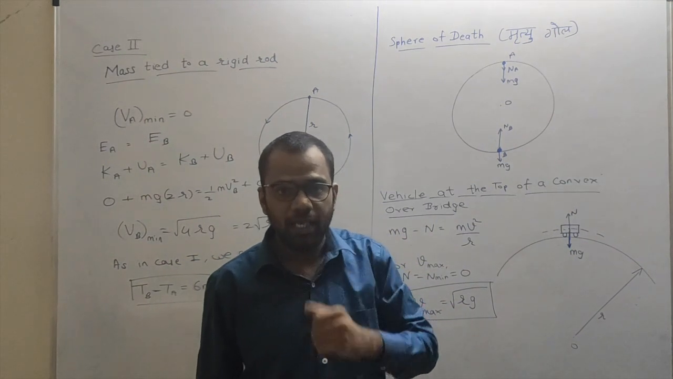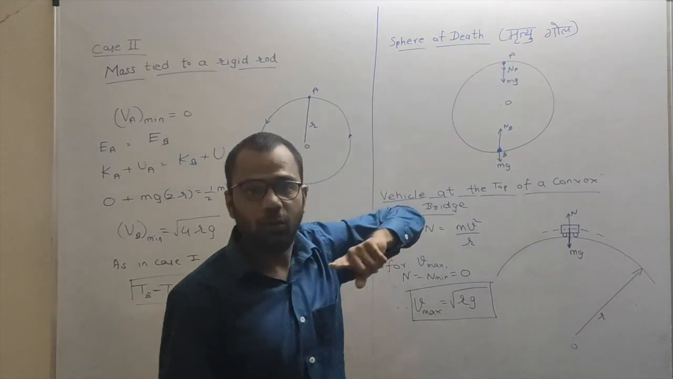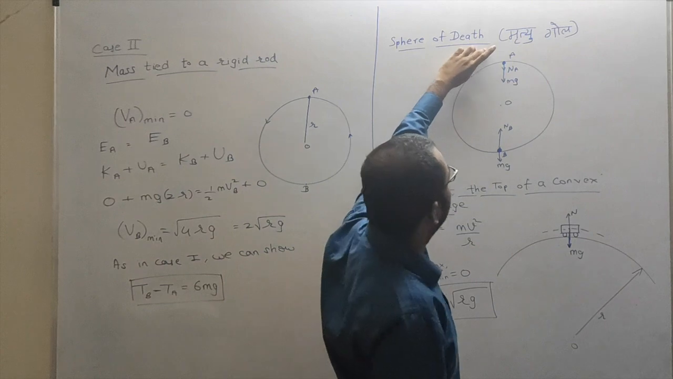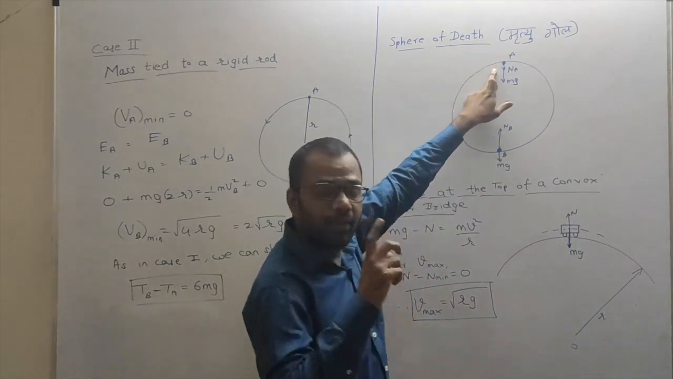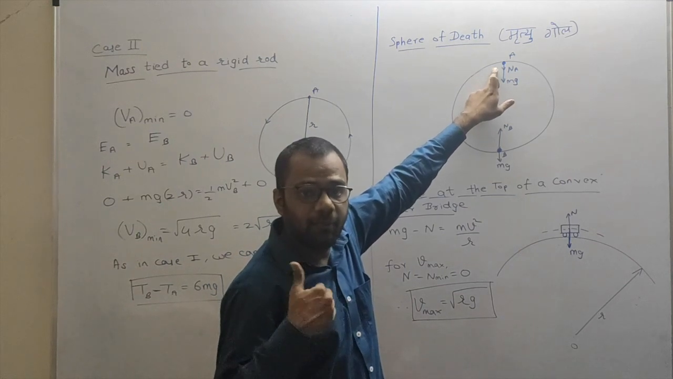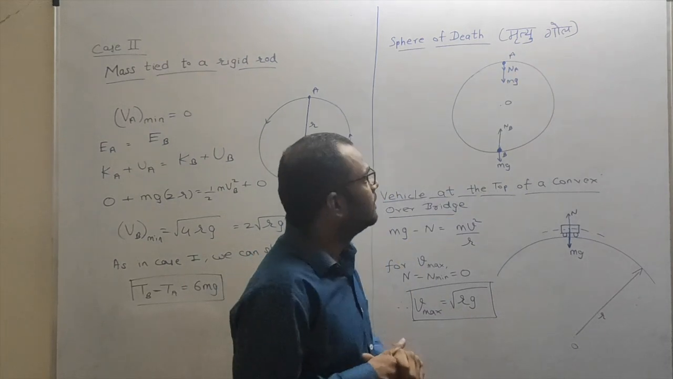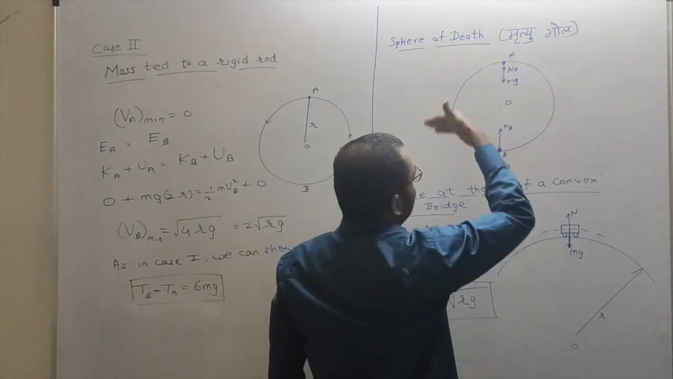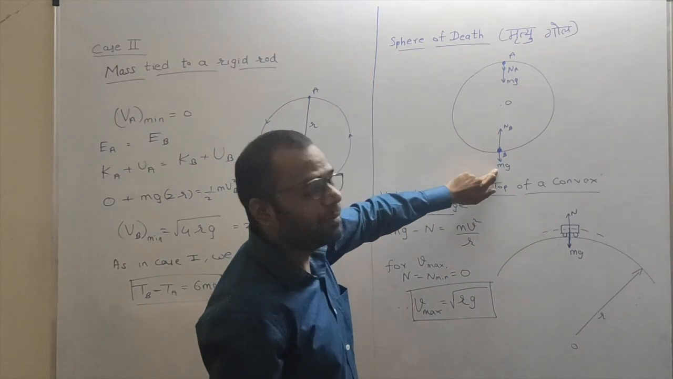MG will be equal to MVA square upon R for the minimum condition when NA is 0. Again, we can easily show that over here, the minimum velocity required will be square root of RG. The minimum velocity should be square root of RG when NA is 0. Okay? And when the person is at the bottommost point, again the normal reaction minus mg will give us